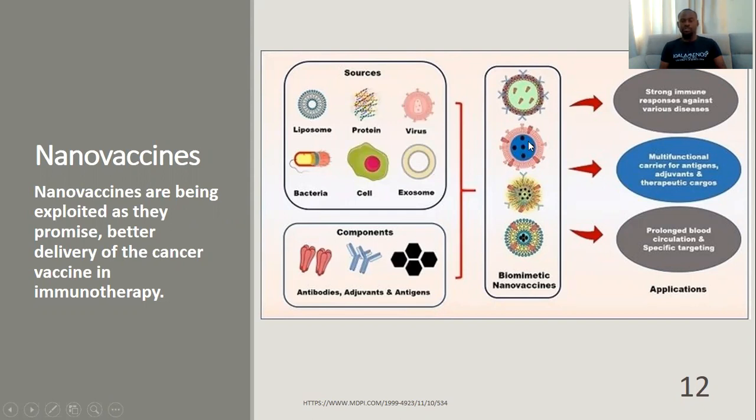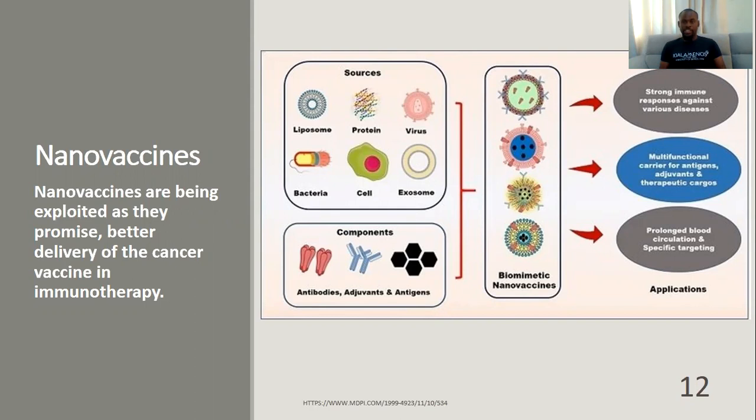We can add antibodies, as you can see on this one. The antibodies are on the surface, and we also have the antigen and adjuvants, which are molecules which help the antigen, which is the vaccine, to have better interaction and give off a better immune response once it reaches